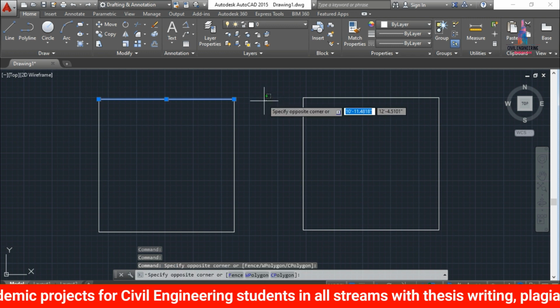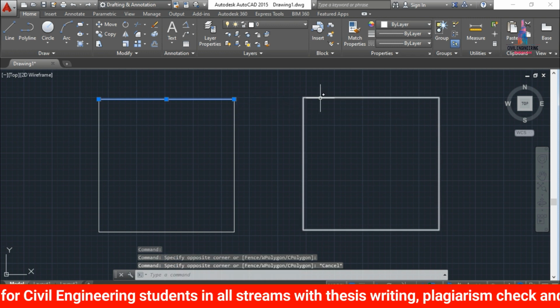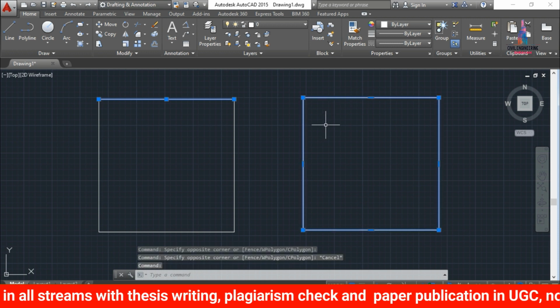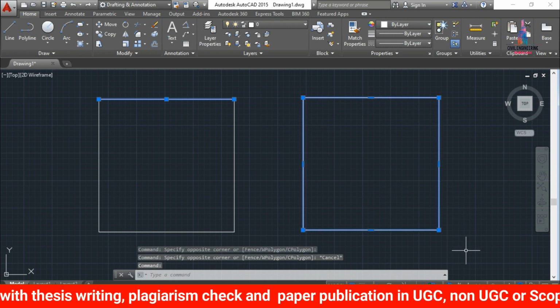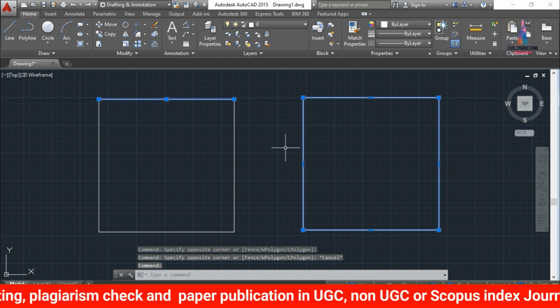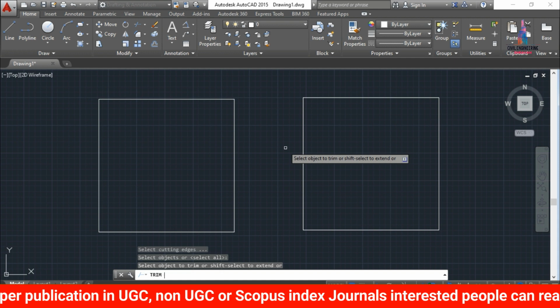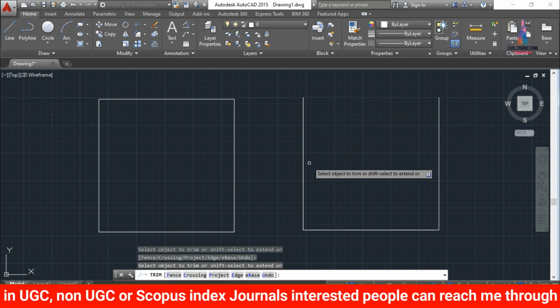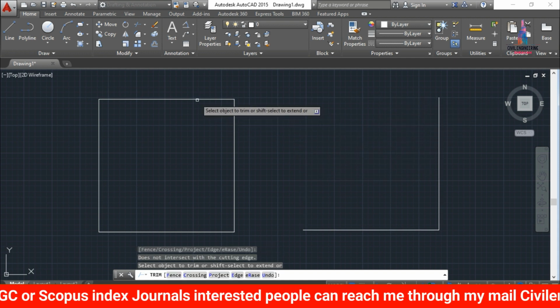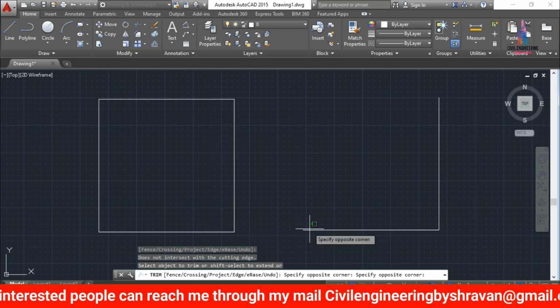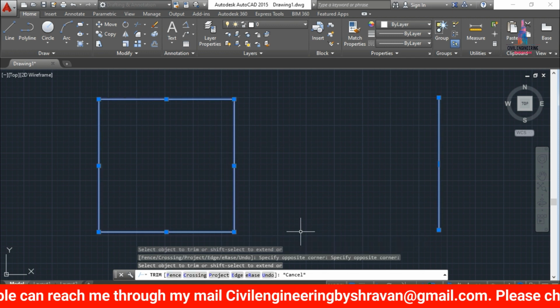In the polyline box, if you select any one of the sides, let us consider this side, I am selecting with the help of my cursor. Now we can see the whole box is selected here. This is the use of the polyline command. If you want to trim these respective lines from this polyline, you can directly trim here, but in the line command you can't trim any one line as they are individual objects. So this is the use of the polyline command.